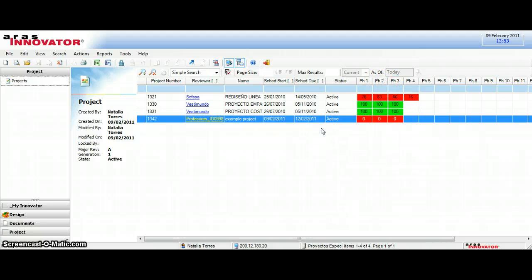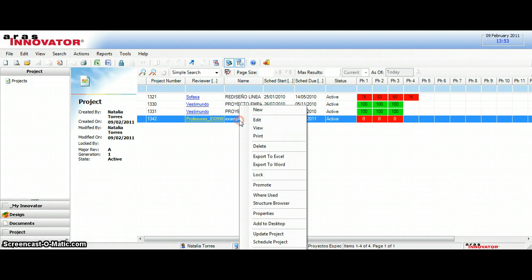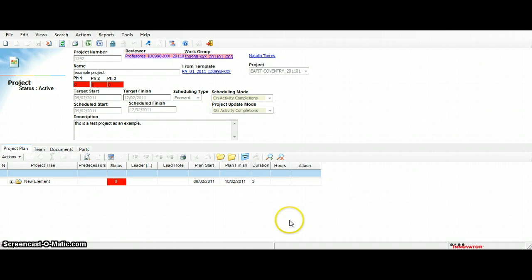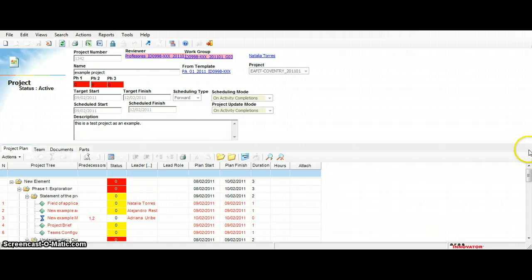The example project we created on the previous video had 3 phases, so here we can see that none of the tasks have been completed, so all of them appear as 0% complete and with color indicators. If we want to review this project, we should right click and view, or just double click, and here we open the same window that appeared when we created the project. If we want to expand all the project timeline, we can click expand all. This will show us